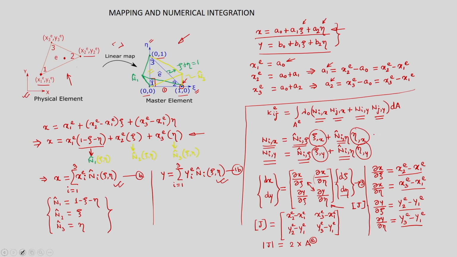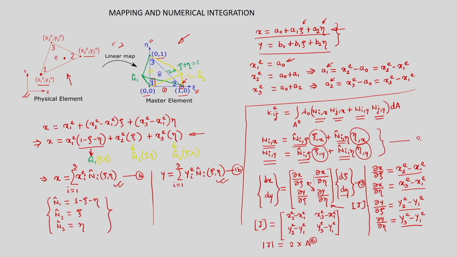Alright, so once we derive the derivatives of xi and eta with respect to x and y, now let us obtain the derivatives of the shape functions Ni's and Nj's with respect to x and y in terms of the derivatives of the corresponding shape function in the master element with respect to xi and eta. So, in this regard, let us go back and look at the set of equations here. So, this we have already written.